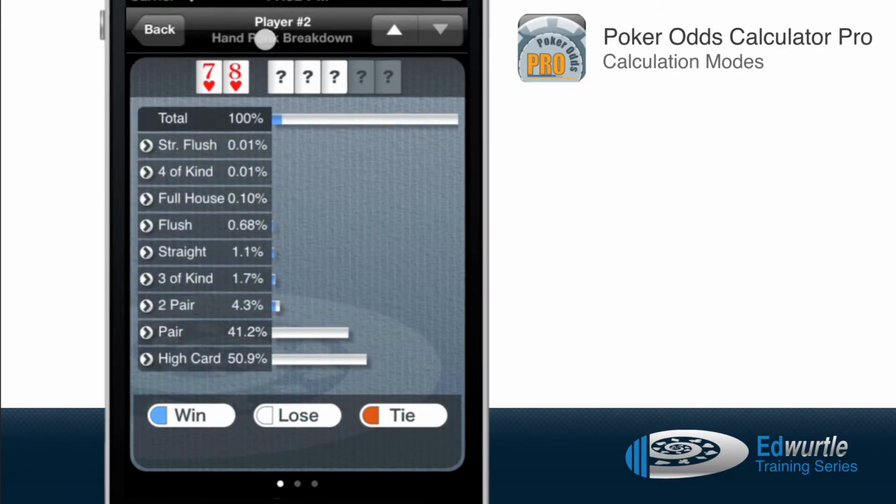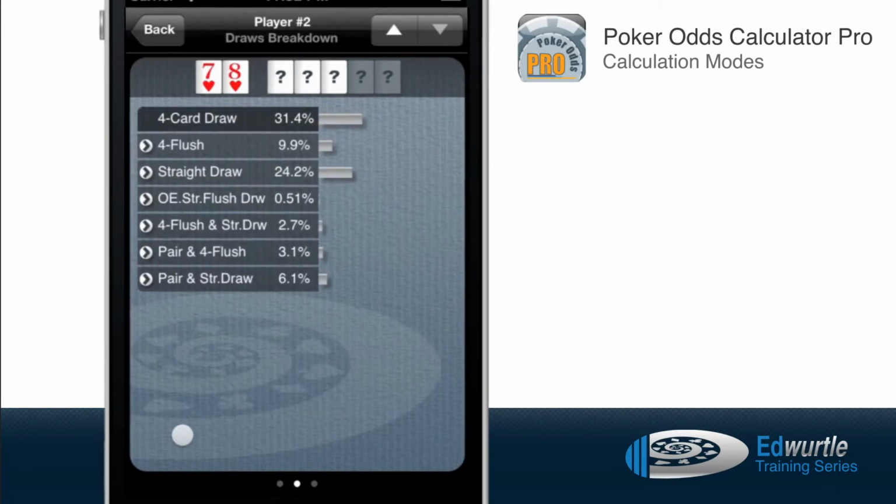So in addition to the standard hand rank breakdown stat, when you calculate to flop, you get this other nifty stat. And this is only available for calculate to flop, but it's basically the draw breakdown for that player. So here it shows, for example, the straight draw 24% of the time. The 7-8 of hearts will flop some type of straight draw 24% of the time. To actually see more details about that straight, because you might not be interested in the gut straights, you only care about the